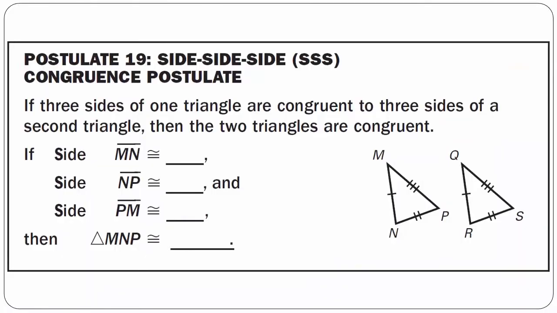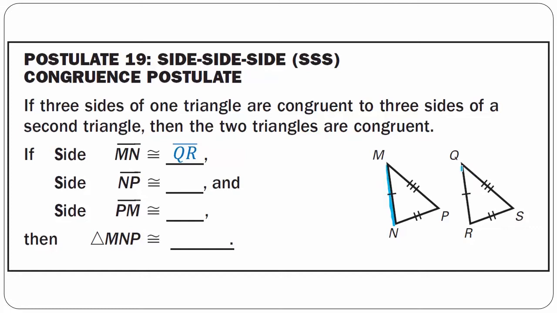Postulate 19, the SSS congruence postulate. If three sides of one triangle are congruent to three sides of a second triangle, then the two triangles are congruent. If side line segment MN is congruent to line segment QR, which are these two line segments here,